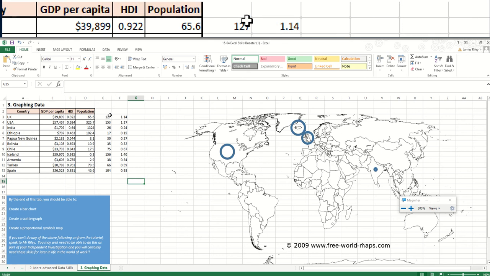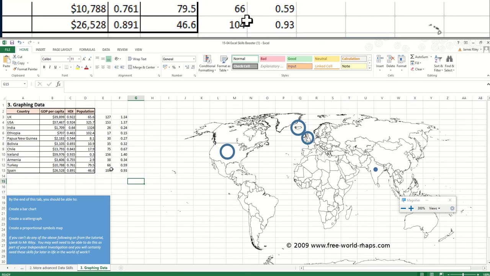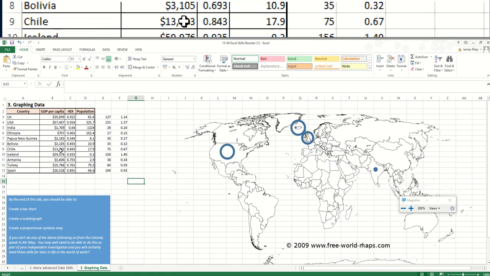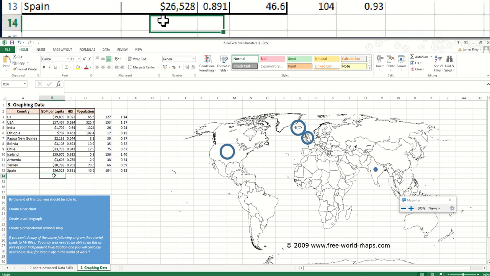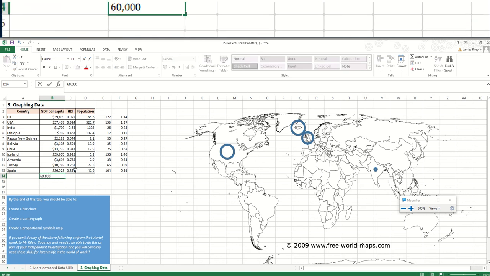So we've got all of these values down here that are representing our different GDP per capita. So all we'd want to do is take some fairly standard, sensible GDP per capita sizes. So our largest GDP per capita we've got is 59,000. So let's say that on our key we'd want one maybe slightly larger, and let's round that. So let's call it 60,000. And you can see me typing underneath here